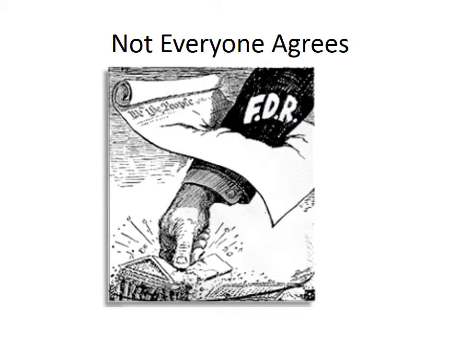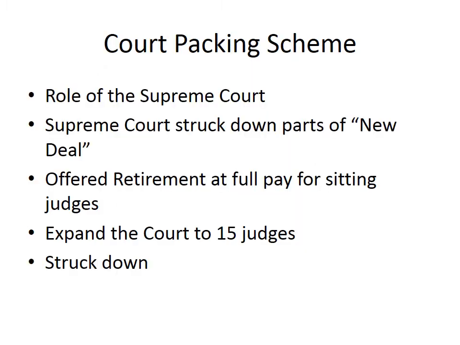So you see in this cartoon the hand of FDR pushing through the Constitution and smushing the Supreme Court. Because if you have a government class, you realize that it's the Supreme Court's job to check the powers of the president. And they do that by saying that the laws he's passed are unconstitutional. So the Supreme Court starts looking at doing away with some of his New Deal proposals. So FDR is coming into conflict with the conservative Supreme Court.